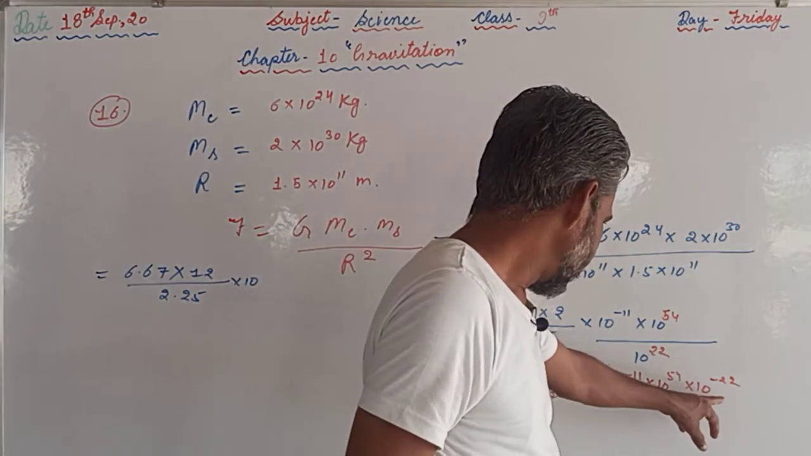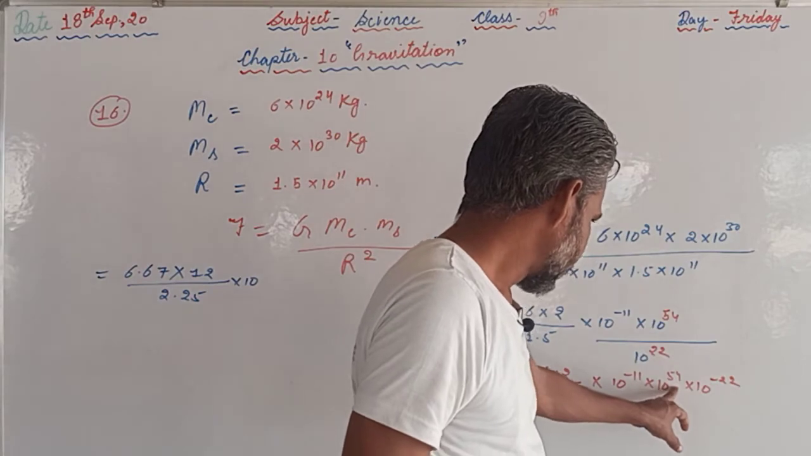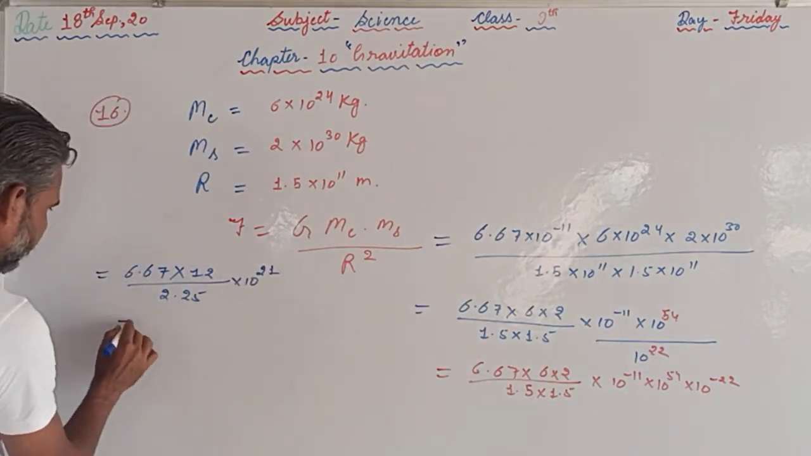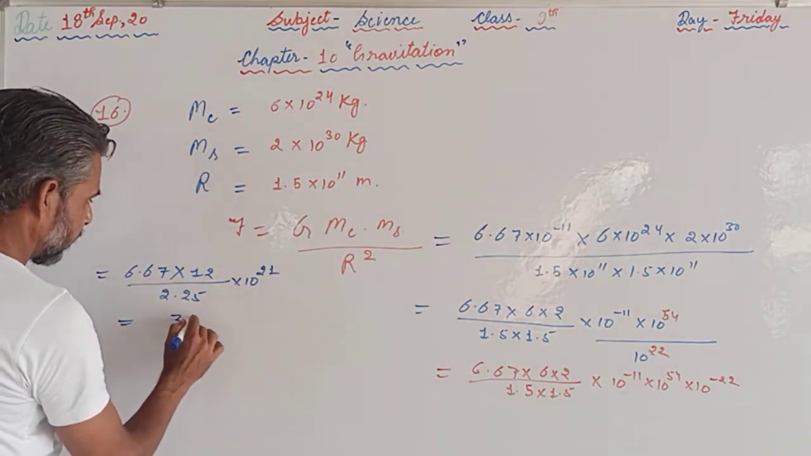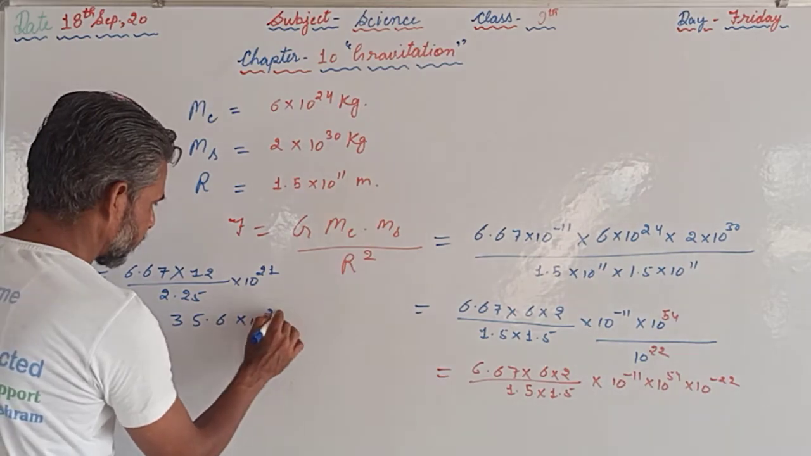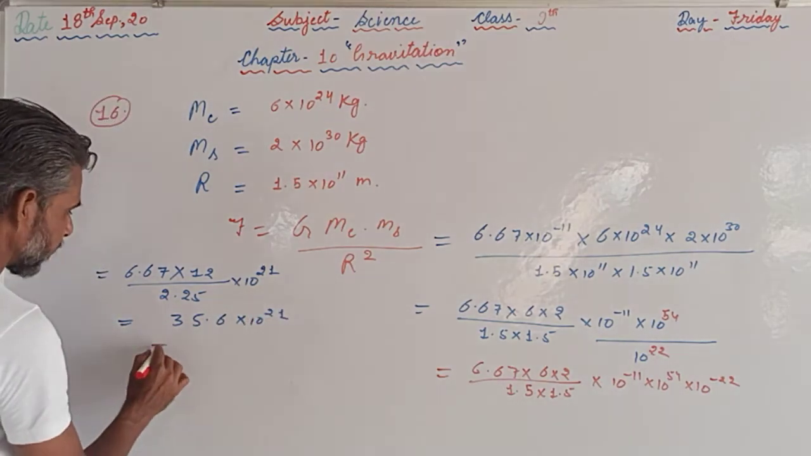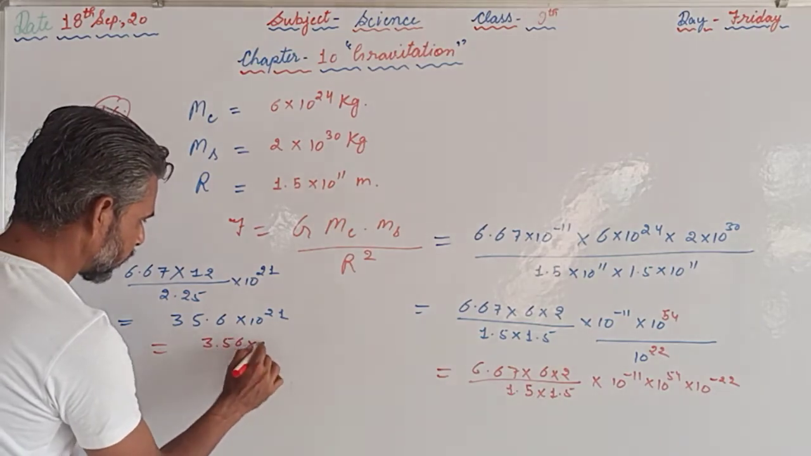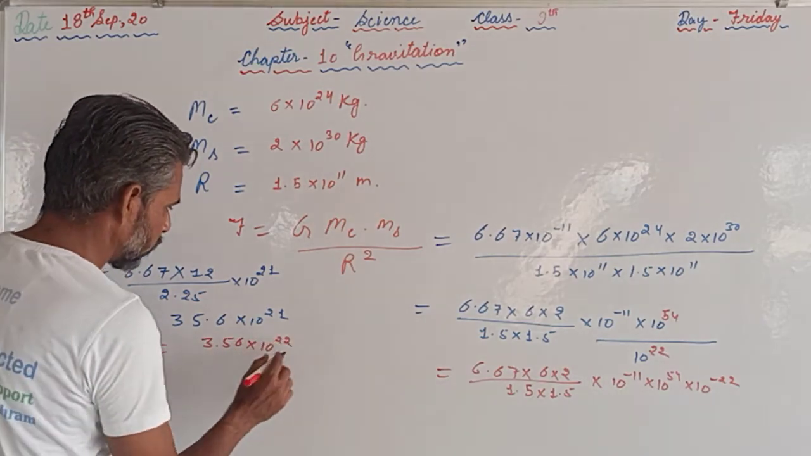now minus 33 and plus 54, that is 21. So the power will be 21. If we solve that, that will become 35.6 and 10 raised to the power 21. Now we are supposed to write in the standard form. So the decimal we are supposed to settle: 3.56 into 10 raised to the power 22